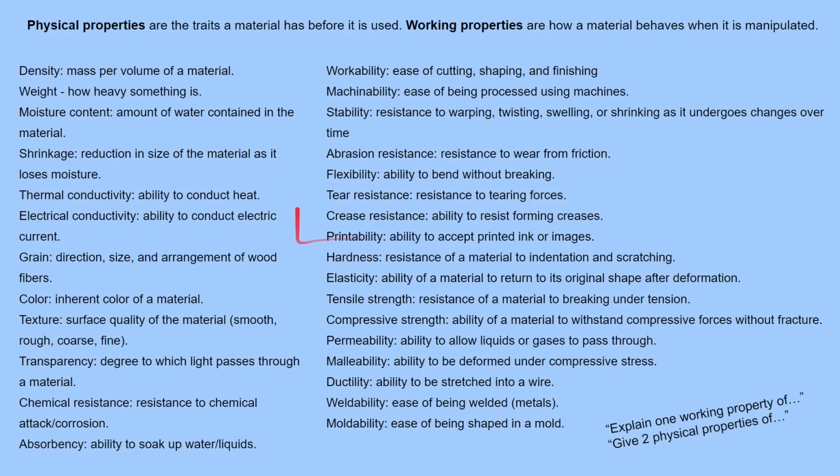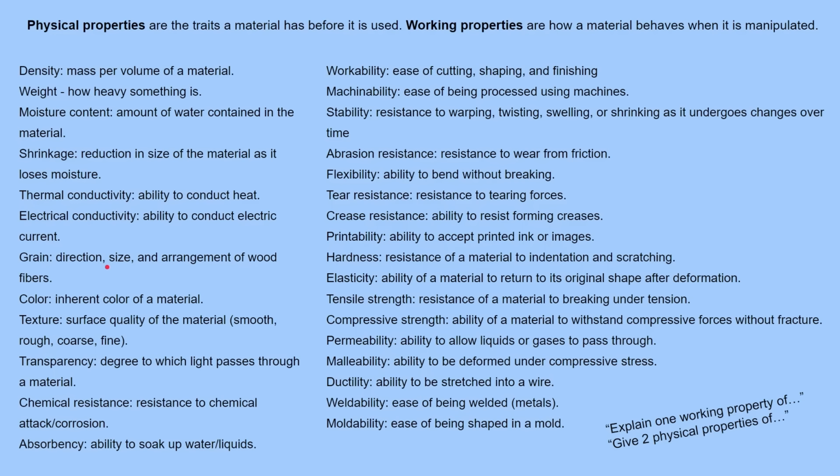Okay, starting off with the difference between physical properties and working properties. So physical properties are the traits a material has before it is even used. Working properties are how a material behaves when it's manipulated, when there's force added to it or there's forces on it. So some examples include physical properties: density, which is basically the mass per volume of a material; the weight, how heavy something is; the moisture content, how much water is in the material, normally in woods; shrinkage, when woods lose water, they shrink sometimes; thermal conductivity, electrical conductivity, so ability to conduct heat or an electric current;